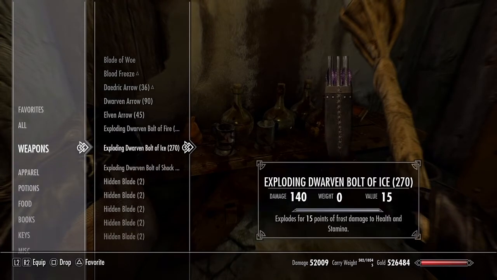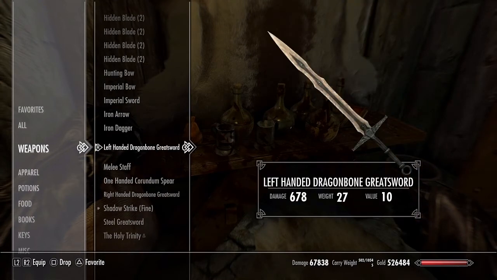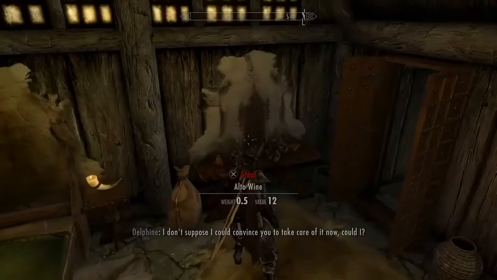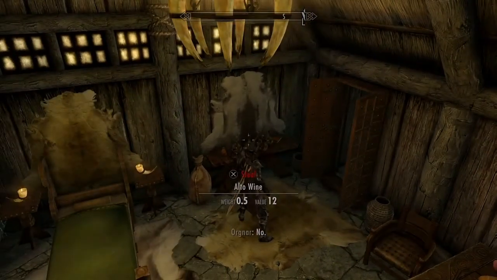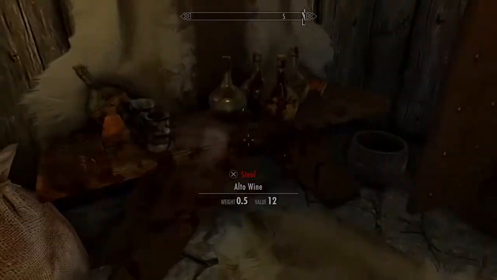What have we got? What else have we got? Going down. Okay, let's have a look at this. So, left-handed Dragonbone Greatsword. Okay, so I don't see anything in my hand there. I don't suppose I could convince you. And I don't see anything in my hand here. No. Well, but I'm not punching either. I am actually... Okay, so...